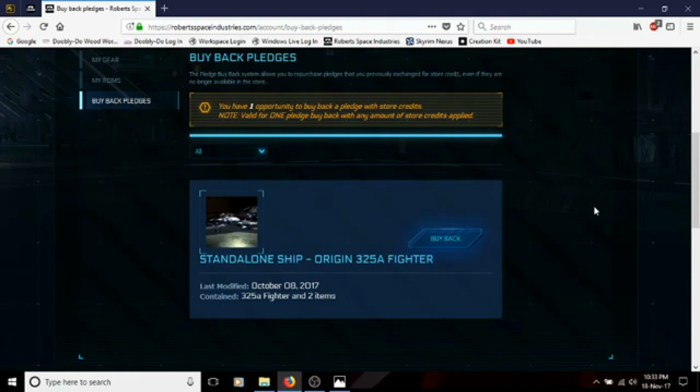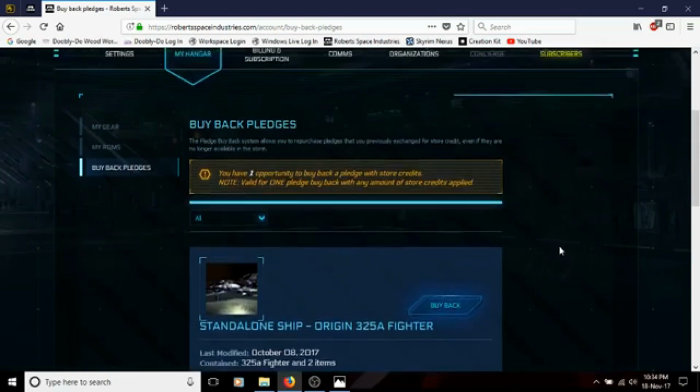And this is something that you need to be thinking about anytime you hear the phrase concept sale. Whenever you hear that there's going to be a concept sale next week, you need to think potential LTI token generating opportunity. So if it's a small price ship that you can afford, like a $40 X1, you buy the X1. And then you turn around and you melt it, which of course will create a buyback token, and you will have the $40 credit